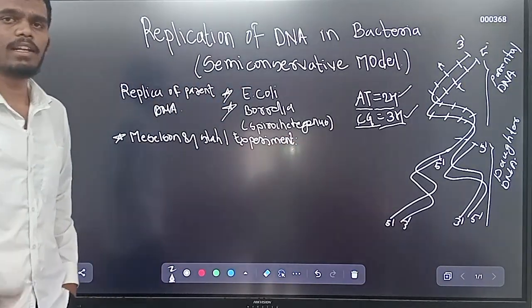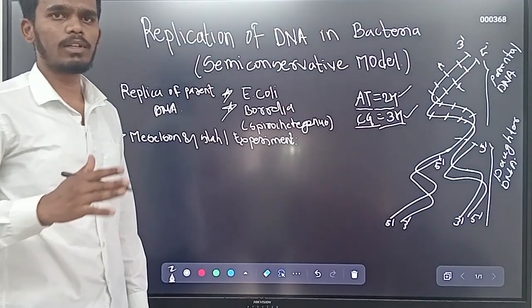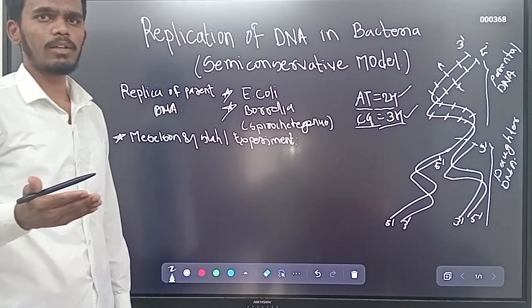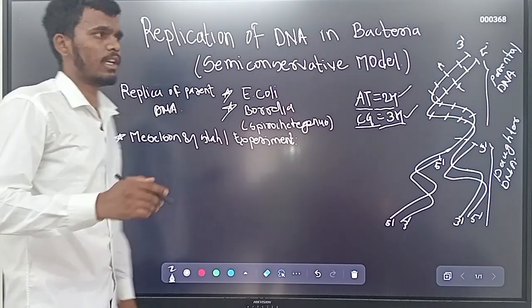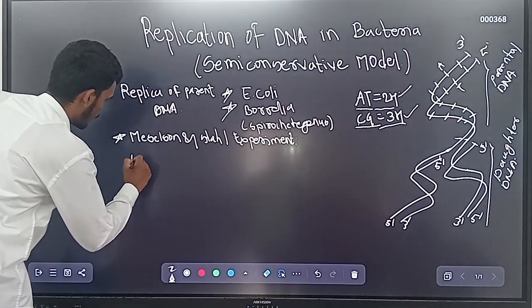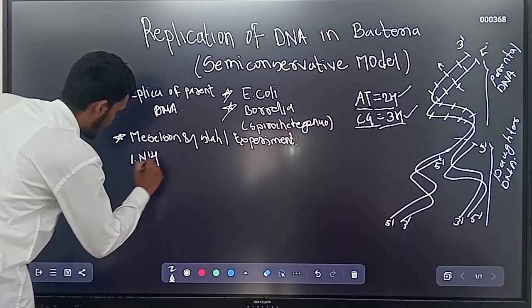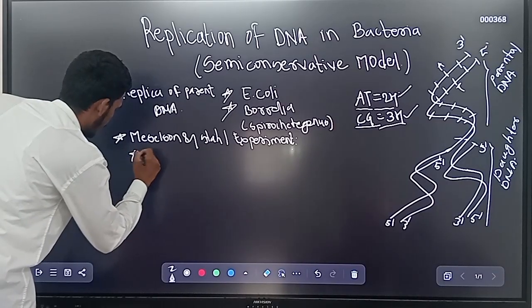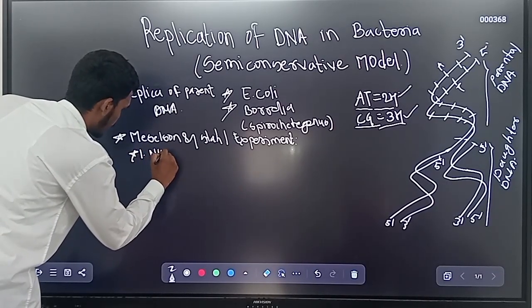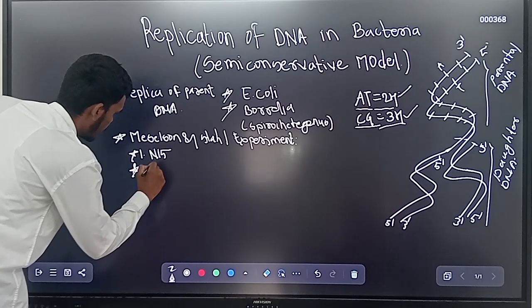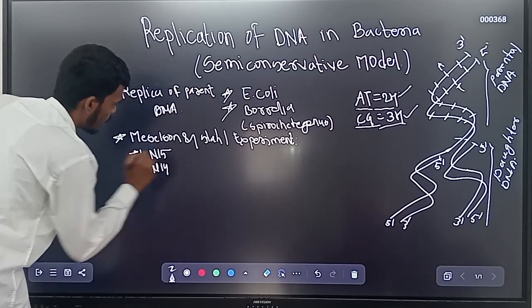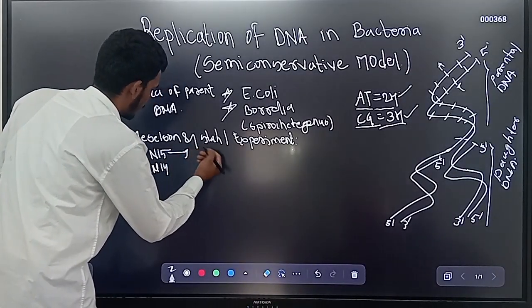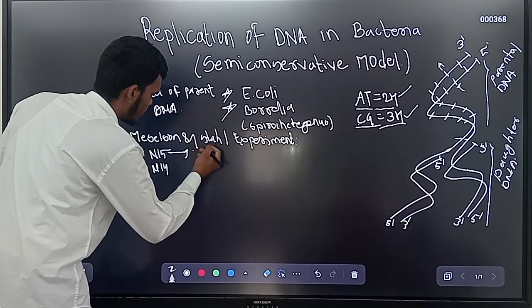The Meselson and Stahl experiment is based on centrifugation. There are two points: heavier nitrogen and another isotope, light nitrogen, are used. N14 and N15 are used. So in this experiment, the parental bacteria are first grown with the help of the N15 isotope, which is an isotope that has high weight,